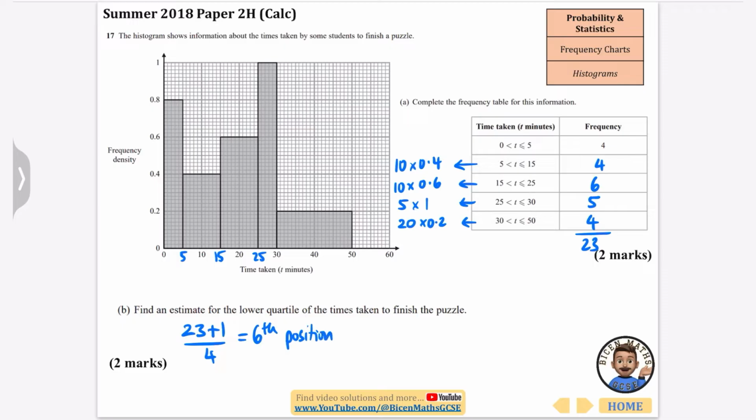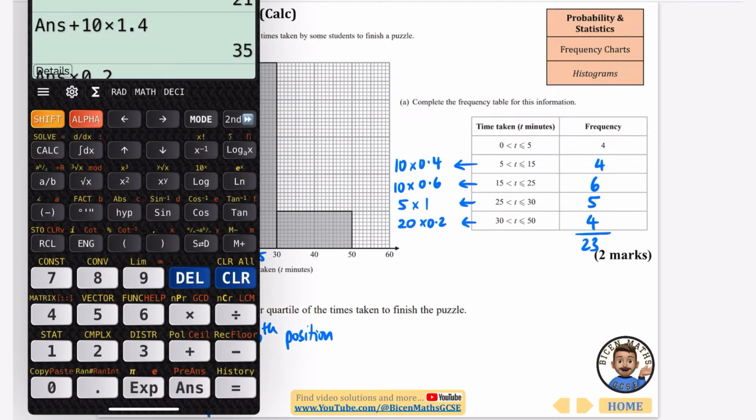Or you can just do this. Or you can just do 23 divided by 4. You don't have to do the plus 1 because of the fact that it's grouped in the table. Either of them are fine. Now, when I do 23 divided by 4, I get